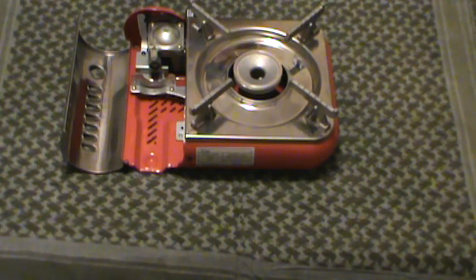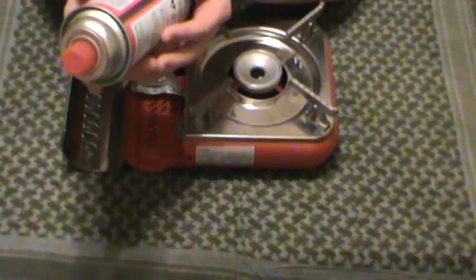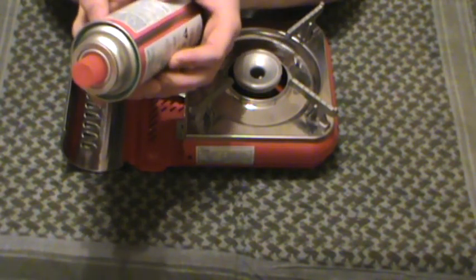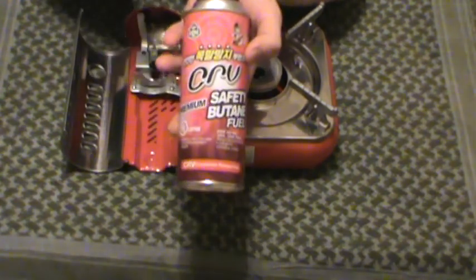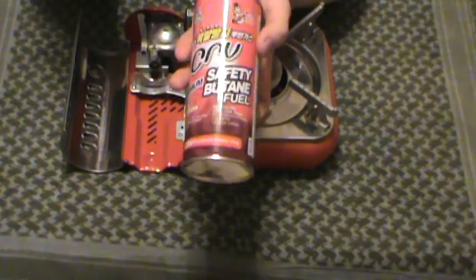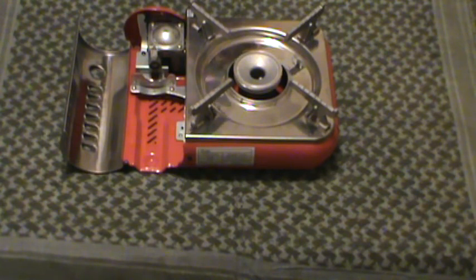If you read the back of this can here, which a lot of it is in Korean in this case, contents will burn up to 4 hours on simmer and 2 hours on high heat per can. So a 4-pack is a minimum of 8 hours of cooking. That's a lot of cooking time, especially for cheap. Again, I would not recommend you run this thing all the time. You're not going to use this to heat your house or anything like that. But if you're going to cook some beans, some rice, some ramen noodles, heat some water for coffee, that sort of thing,